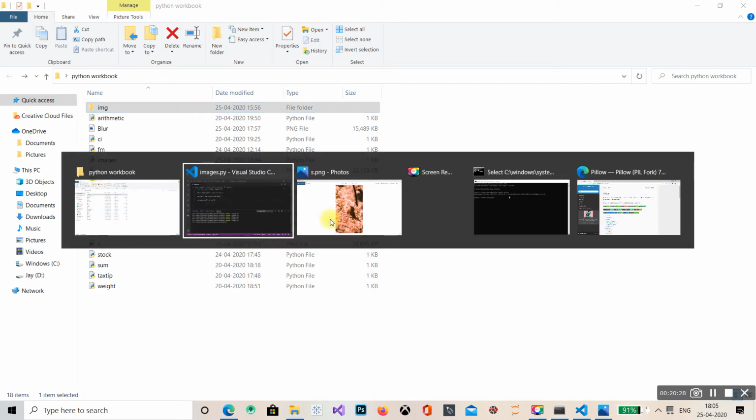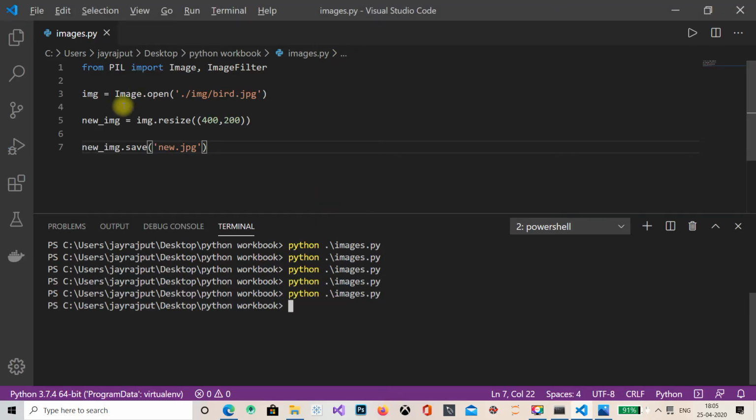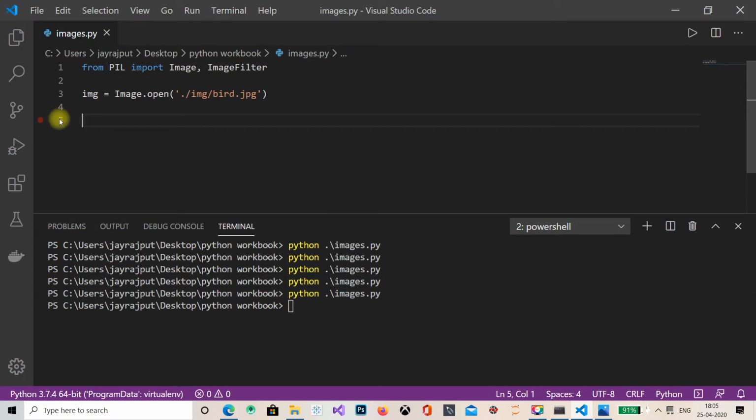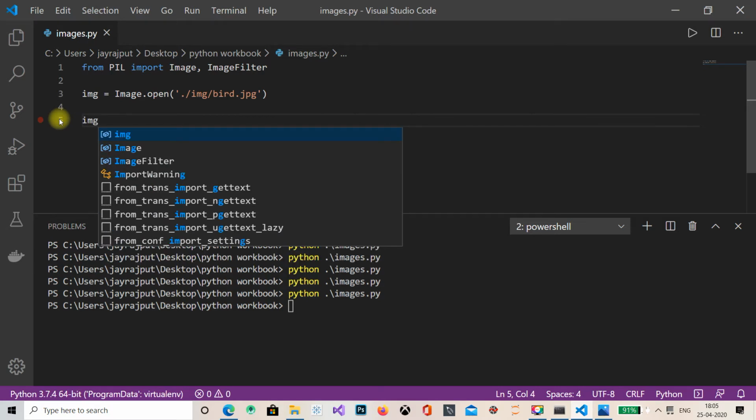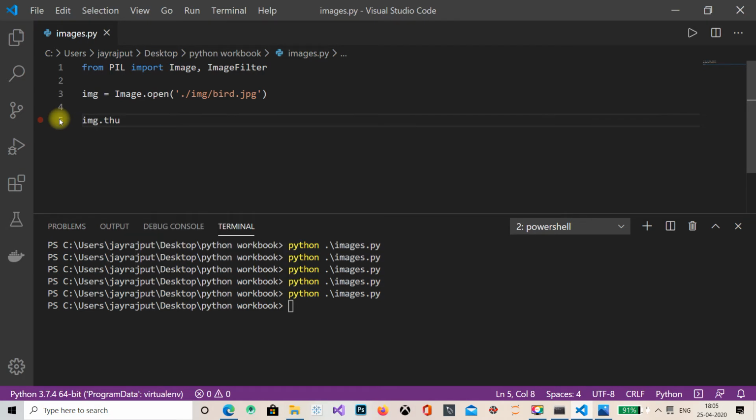So Python has given another option to create a thumbnail, this one. Let's go and do it. Image dot thumbnail, I want the size of thumbnail to be 400, 200, and I will be saving also.